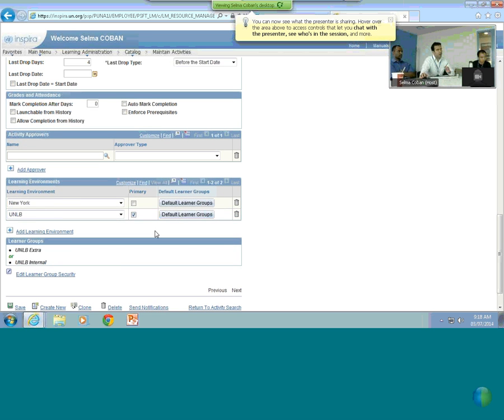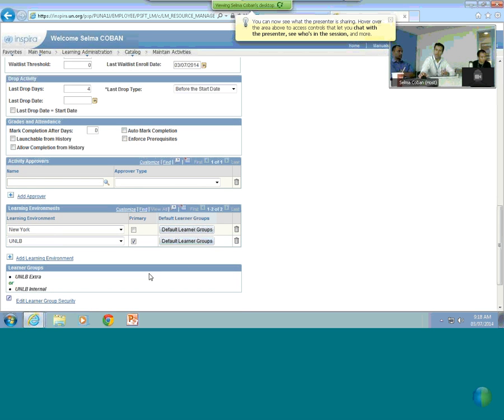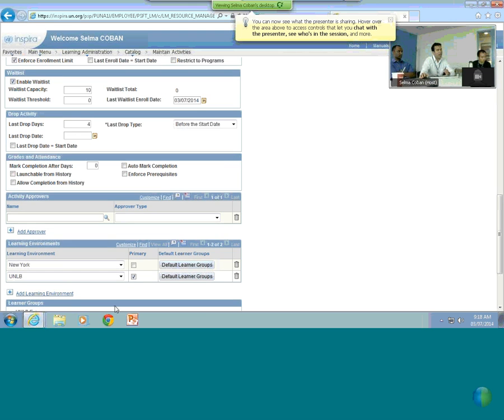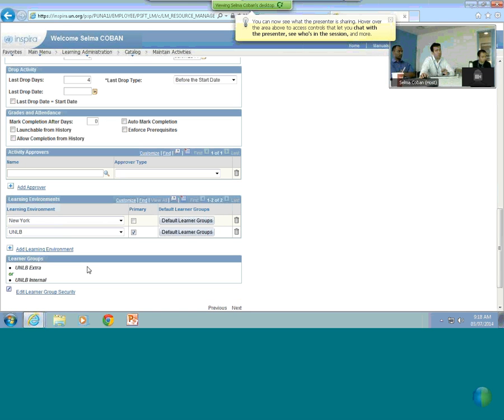Regarding the security, I will explain this in the next WebEx for the learning coordinator. So you will not have to change anything. But what I'm going to explain here is how the system works: we have a learning environment. The platform is like a bundle of learning for your duty station. So in this case, it's UNLV, and you are the ones who control these classes. No one else will be able to change your class or courses, only people who will be in reviews. In this case, we have New York, just for testing purposes, and we have UNLV, which will be your learning environment. So that's what I want you to get from this field.